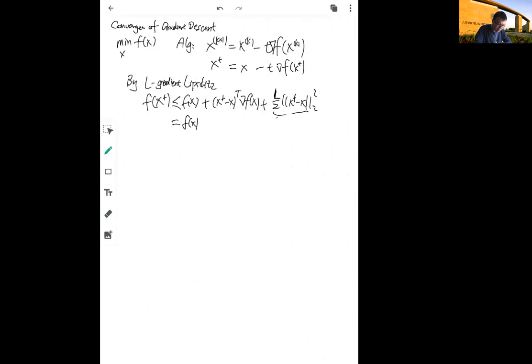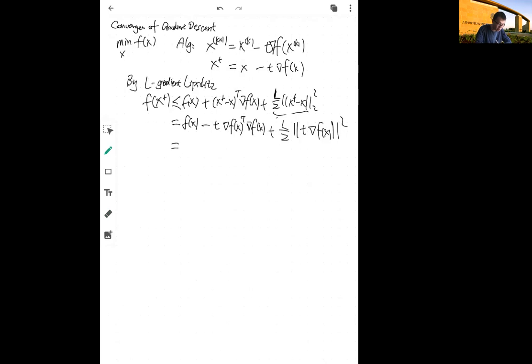So we end up getting minus t gradient f at x transpose gradient of f at x plus half L t gradient of f at x. Let's simplify the expression a little bit, since gradient transpose gradient simply gives us the squared magnitude of